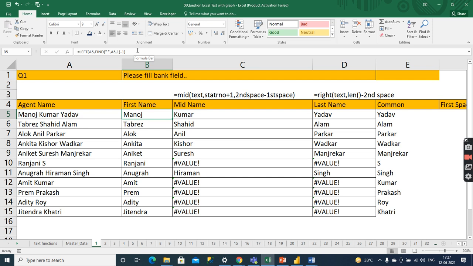So you can see here, I have applied this formula, so I get the first name of everyone. So this is the mid name logic. I have applied the mid name formula, so I get everyone's mid name, right? And I have applied the right formula, so we'll get every last name, right? Because right now you don't know the find formula and search formula, that's why I am telling you. We will tell you in the next class.